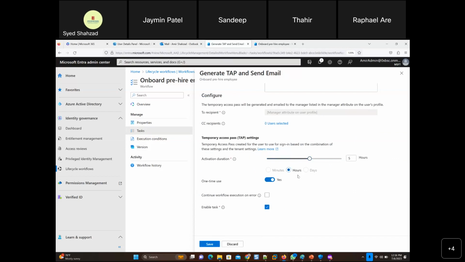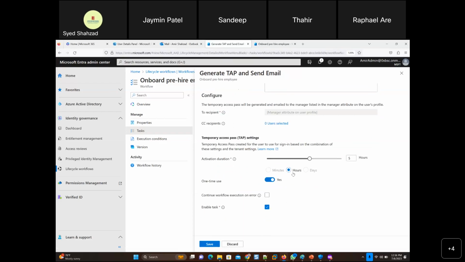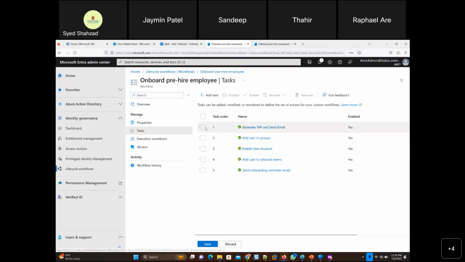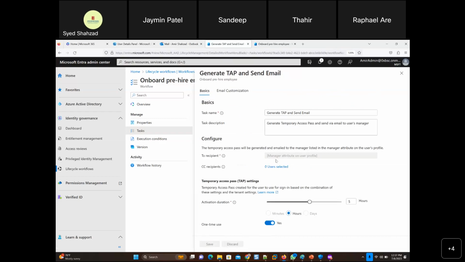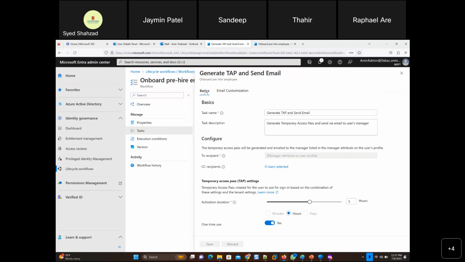5 hours, but no, that's not it. User selected and hours, days, doesn't look like it. Reorder. You know what? I'll remove that. How about that? I don't want the user to be using this. To send email to the manager, maybe I don't want any customization. So employee hire date on user settings. On user settings,